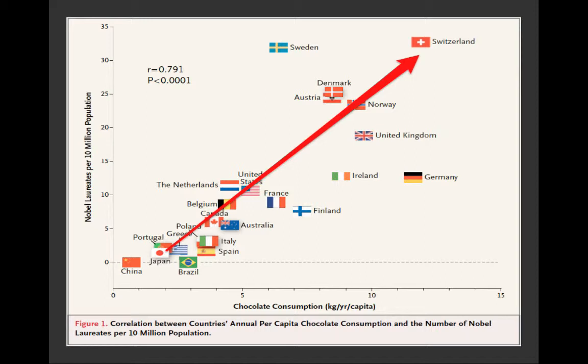Step back just for a minute and think about the nature of the relationship between winning a Nobel Prize and how much chocolate your neighbors eat. It doesn't really make sense, does it? And yet the graph shows that the two are related. But being related is very, very different from